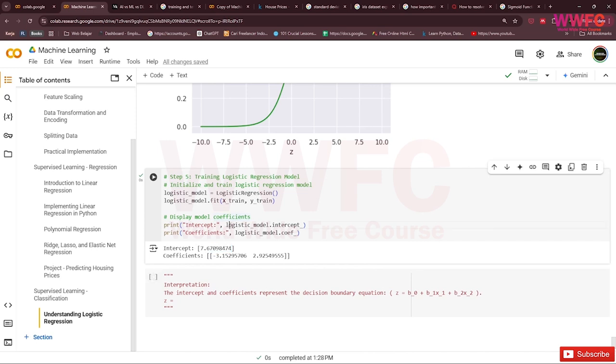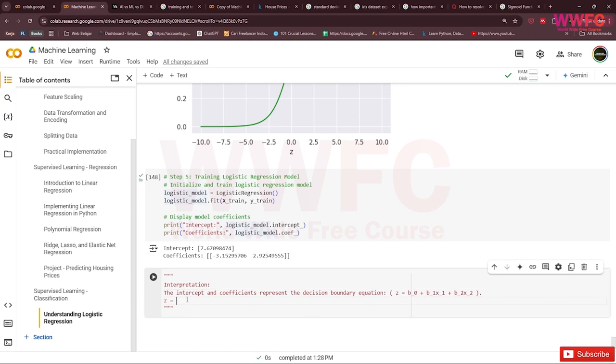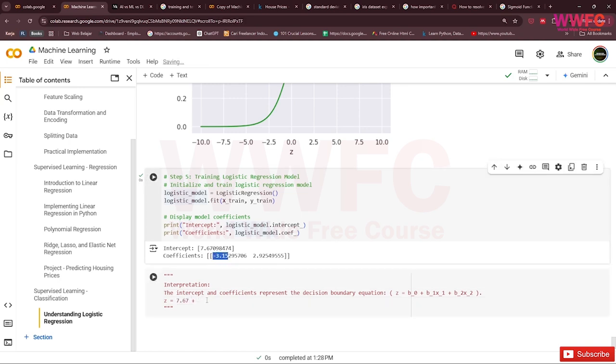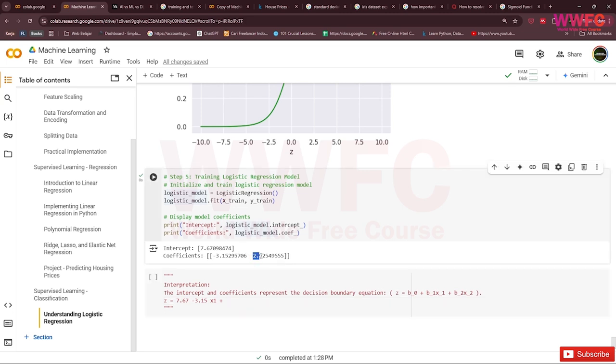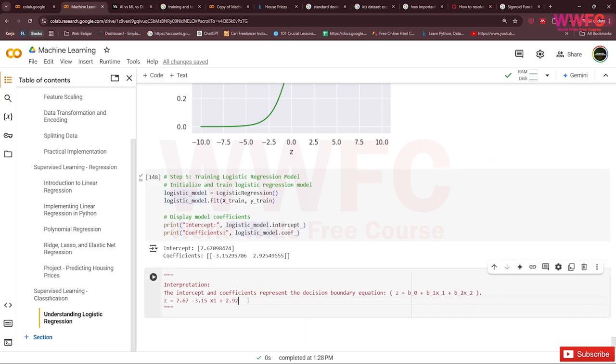Maybe we just want 2, like this, and b1 times x1 plus 2.5 times x2. So it's in a coefficient like this, the logistic model.